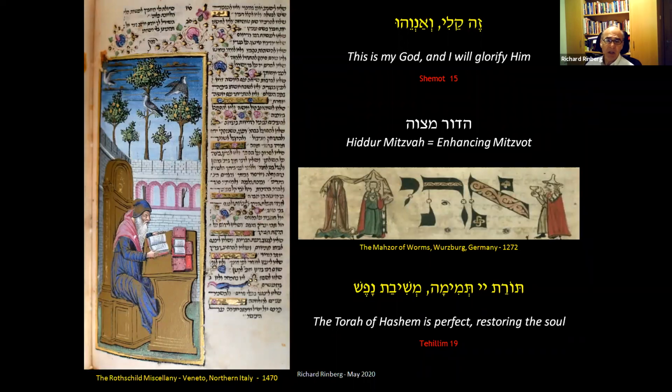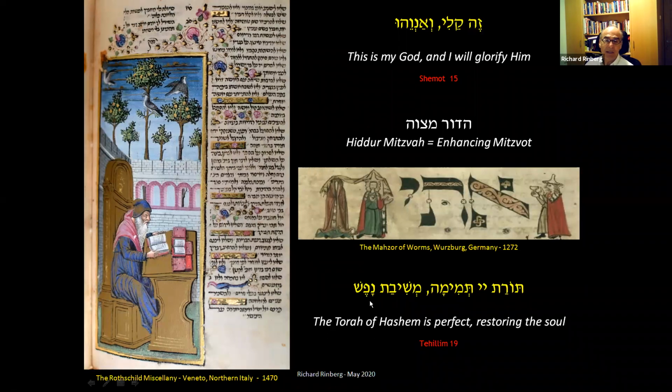And the question is, what is this wedding about? If you look, you can see the chatan, they're covered by a talit. You can see the chatan. The kala, you can't see the face. So some people will say this is actually the wedding between Bnei Yisrael and the Shekhinah, or the Torah. And here's the Rav bringing the cup of wine. Others would say, no, this is a chatan and kala. This is just sniut. Torah Hashem Tmima from Tehillim, Meshivat Nafesh.